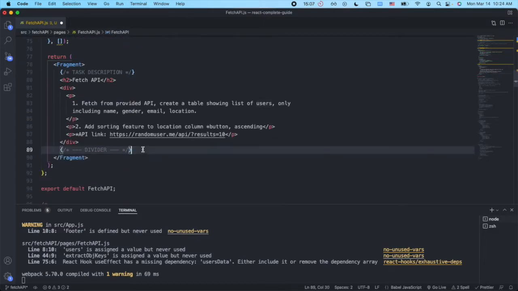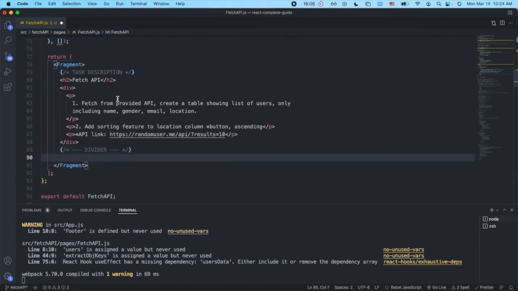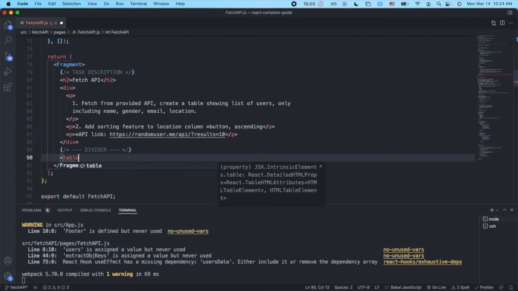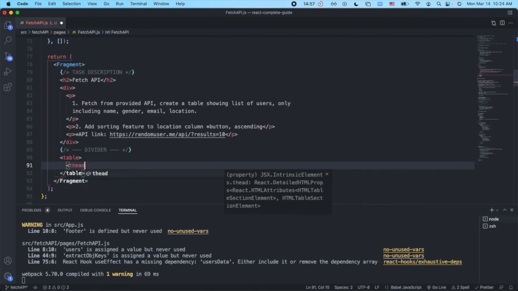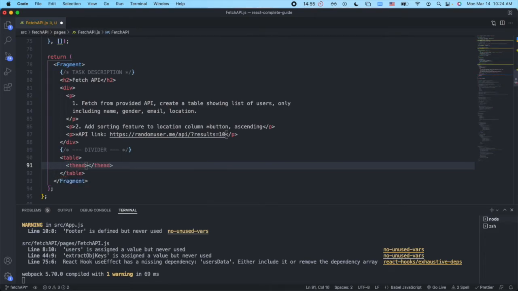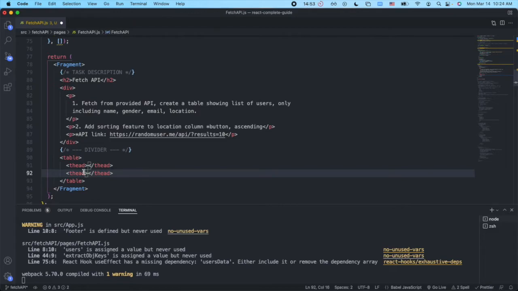So right now I just need to work with my output, which is the interface. So I need a table, and I need head. I think it's head and body. Table head